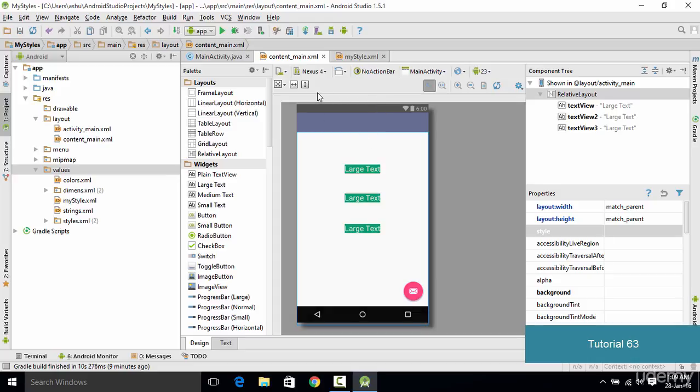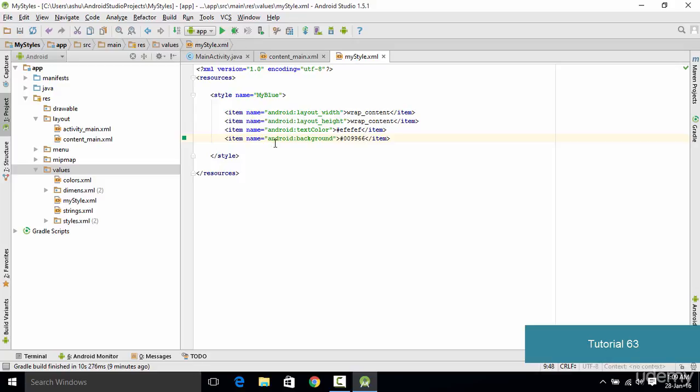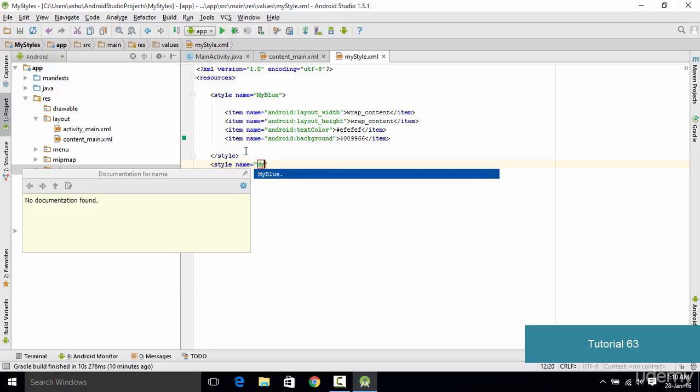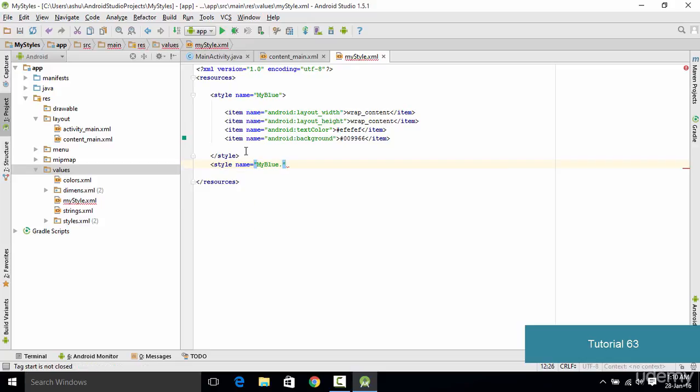And also one more thing which I need to mention is that you could also use inheritance inside the style. In order to understand the concept of inheritance in style, let's say you want to make a new style which is similar to myblue, but you want to introduce a slight change, and you want to increase the size of the text. So first thing which we do is that inside the name we type myblue, then give a dot, and then give the name of the new style which we want to introduce. So let's say it is bigblue, so we type bigblue here, then close it, and inside it we